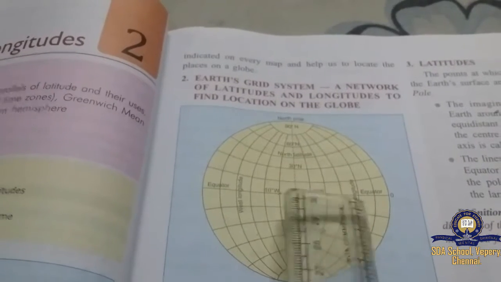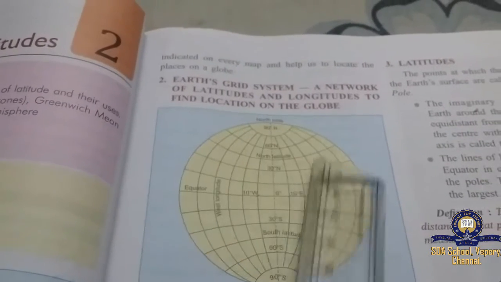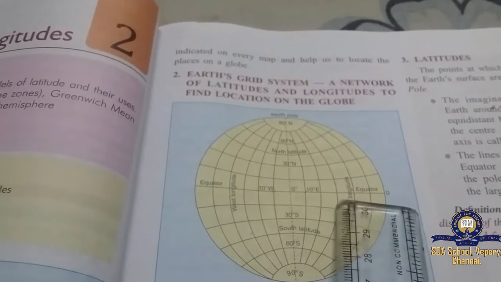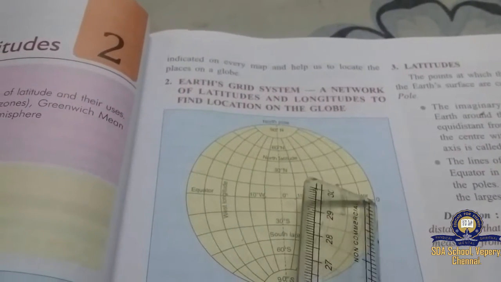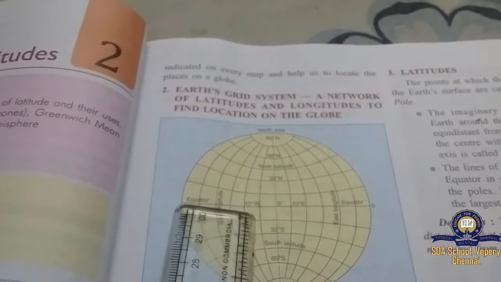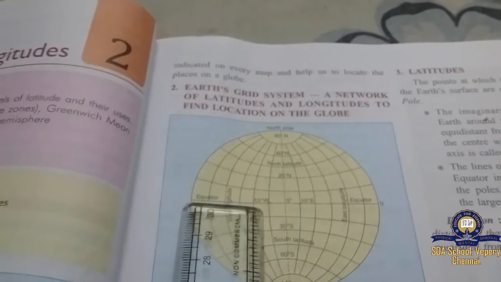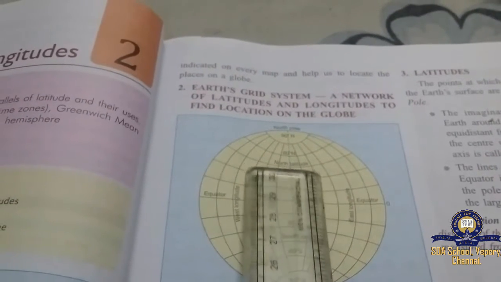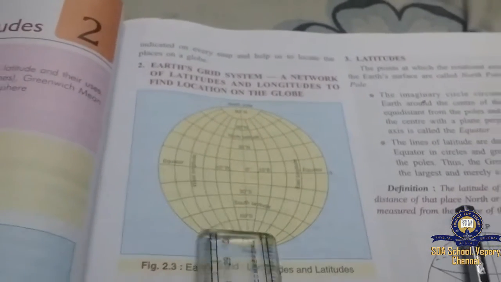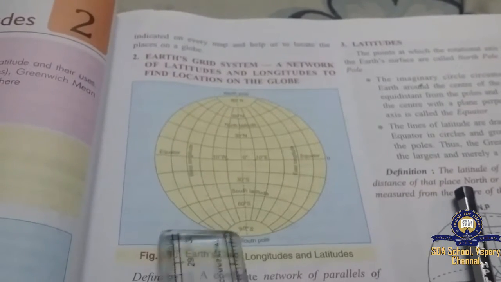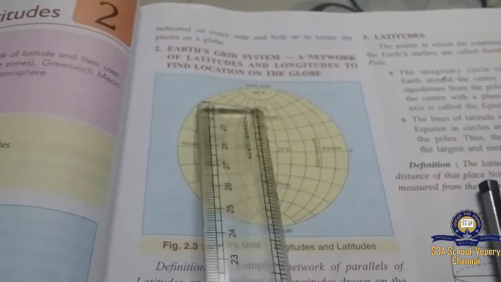Can you see the big circle? Imagine that you are looking at a one-dimensional picture. Imagine this is a globe. From here it goes around to the back side and comes again. So this is the biggest circle, the biggest equator. The equator is the biggest latitude. Go up to the north side: see, near the north pole it became very small. Same thing on the south side, the south pole. The last parallel is small.